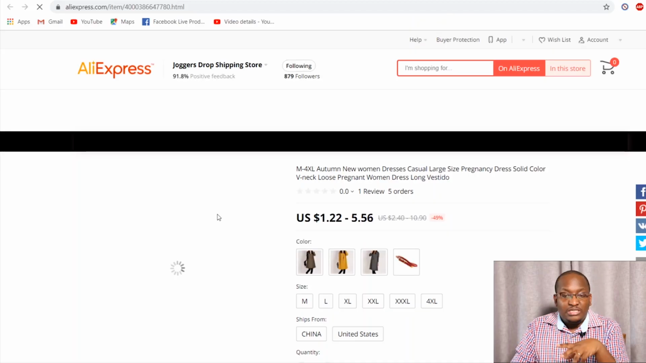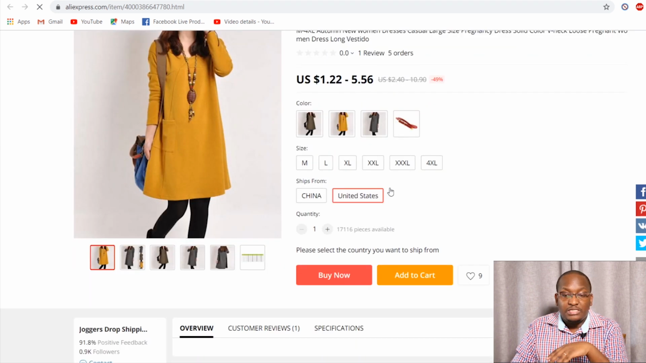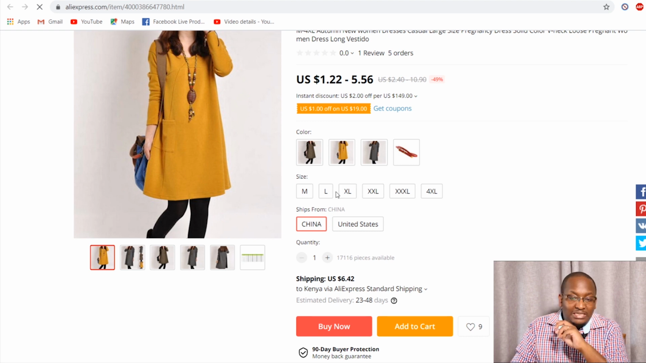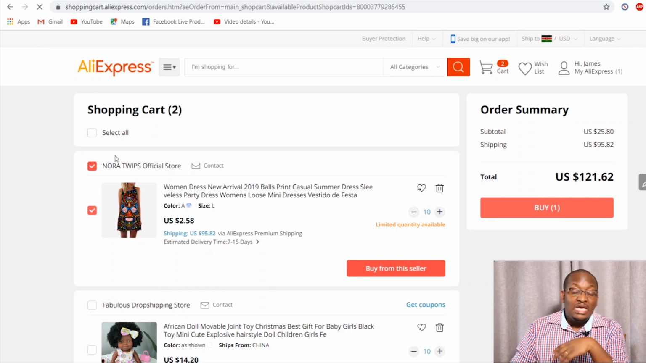So this particular item is at 122 to 556, and then I want it shipped from China. I want L, and then I want, say, 10 of them, and then I say add to cart. All this I'm doing so that I can see exactly what it is I'm buying. Then once you are buying this, you just click on buy, and the next thing that you will see is